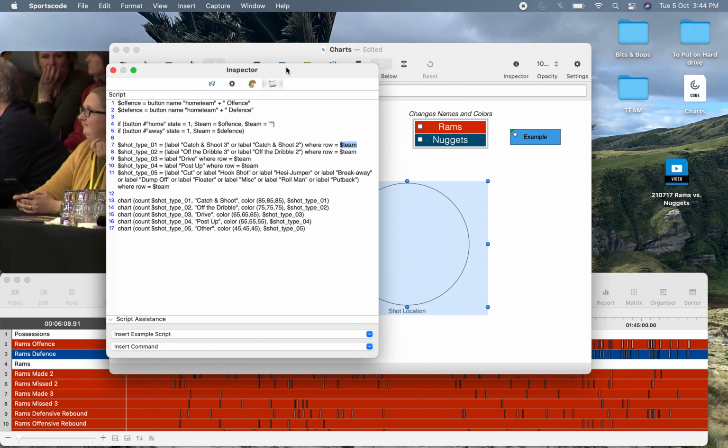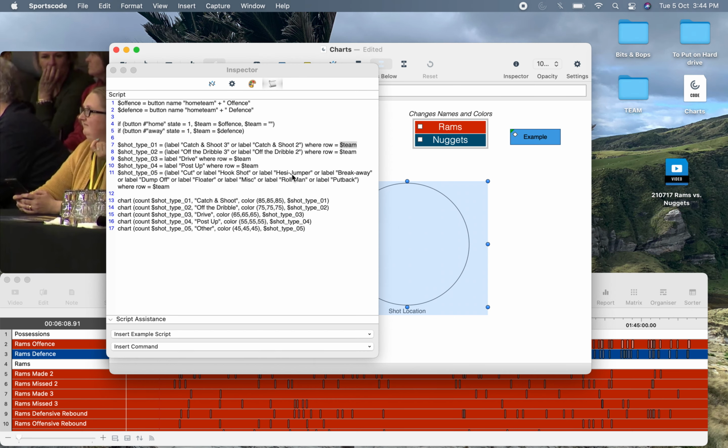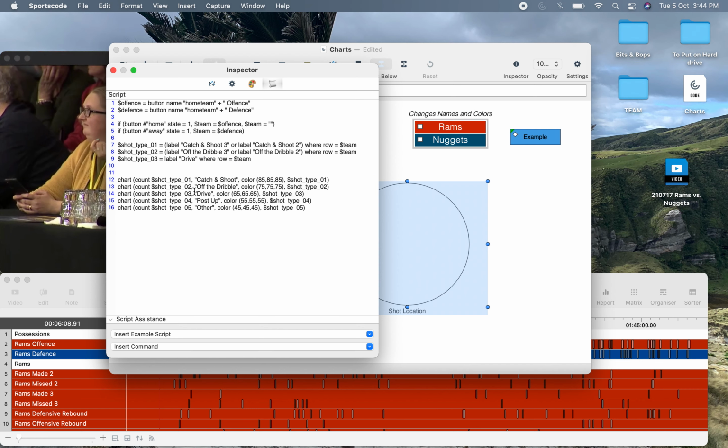For shot location, I don't necessarily want 12 different shot locations for my pie chart, because you can really clutter these pie graphs really quickly. So I might just have 3-point shots, mid-range, and then say the paint. So I might just have 3 different types. So saying that, I'll get rid of these 3. And I'll add my labels. So we'll go with, actually that's going to annoy me if that says type. So I'm going to change that to,